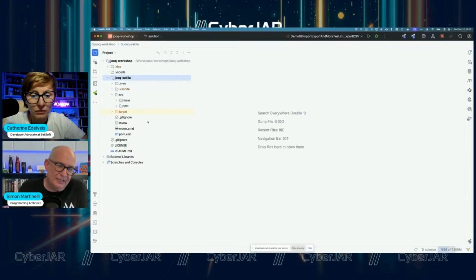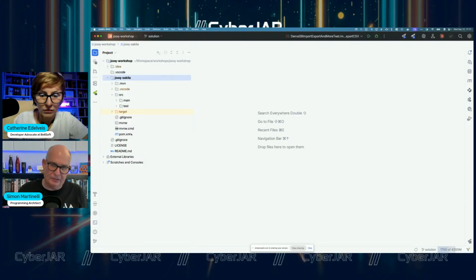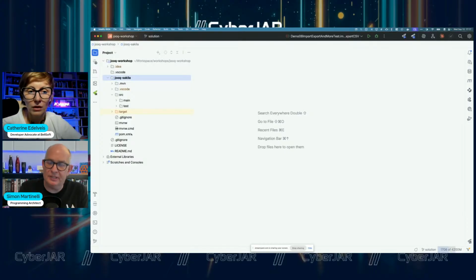Now, how can I do that? Here, my project is a Spring Boot project. That's just a Spring Boot project because most of the people who are doing Java Enterprise application development today are using Spring Boot. But that's just one option because JOOQ is absolutely free of any need for a dependency injection framework or any other frameworks.